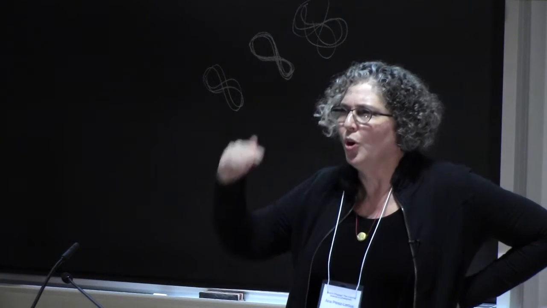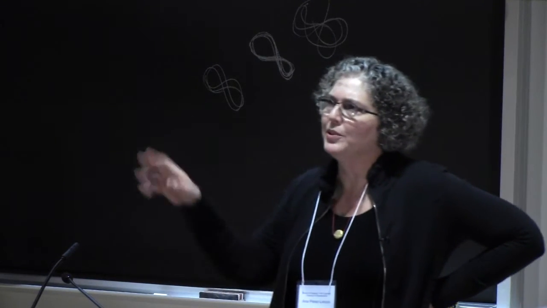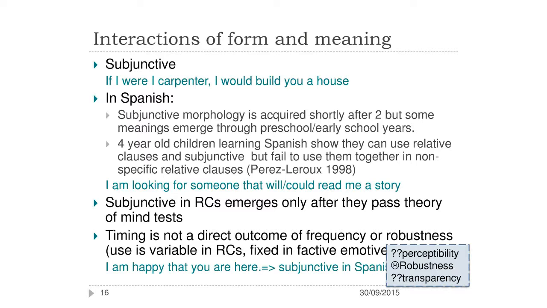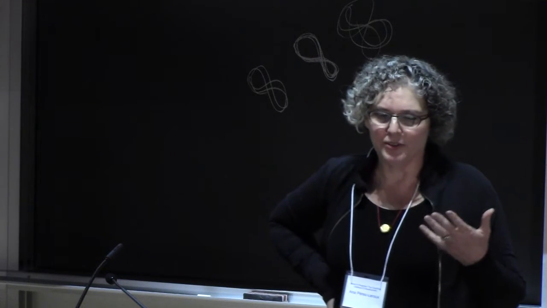Then there is a more complicated level of problem. So one thing is to say, well, I'm acquiring these words. The second thing is to say, well, I have this sentence type. What does it really mean? So I studied a few years ago the acquisition of Spanish subjunctive. And subjunctive, unlike in English, so if I were a carpenter, I'll build your house. In Spanish, subjunctive is very robust. Children acquire the forms by the age of 2 years and 3 months. So really tiny babies have this complicated morphology.